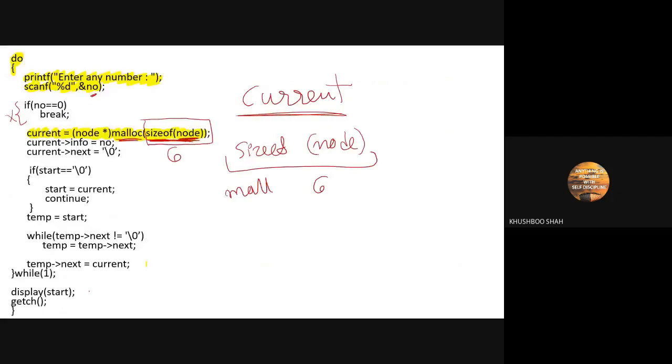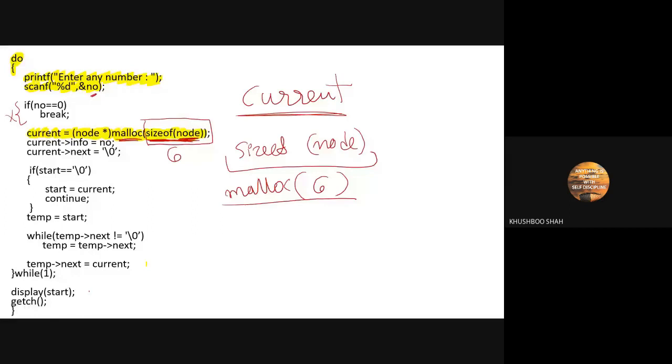Now understand this. What does malloc of 6 mean? The full form of malloc is memory allocation. The system will understand that we are asking to allocate memory for 6 bytes.